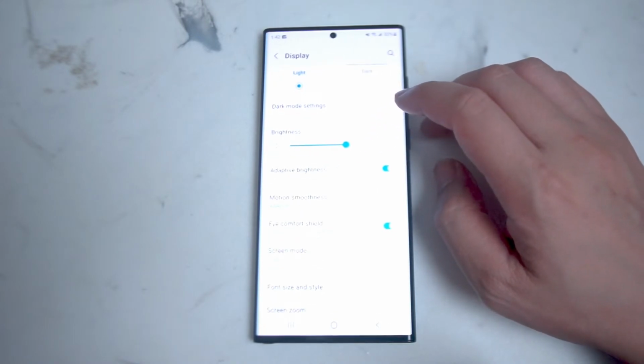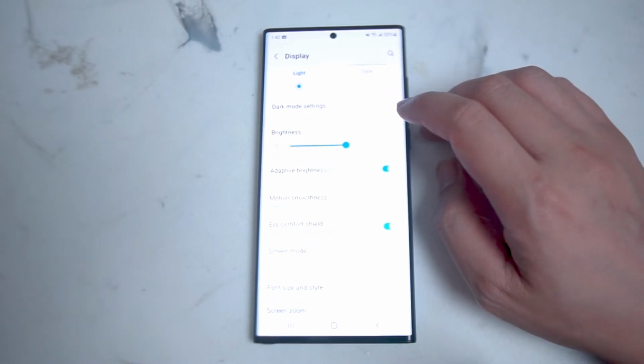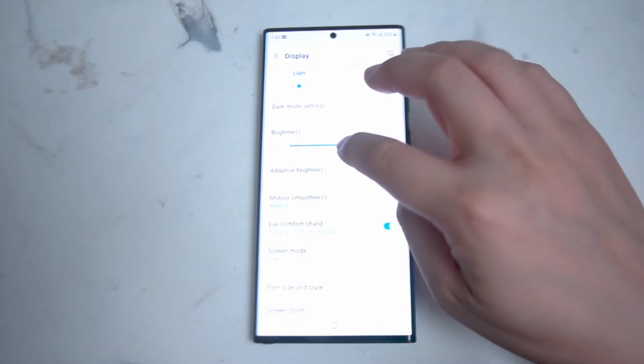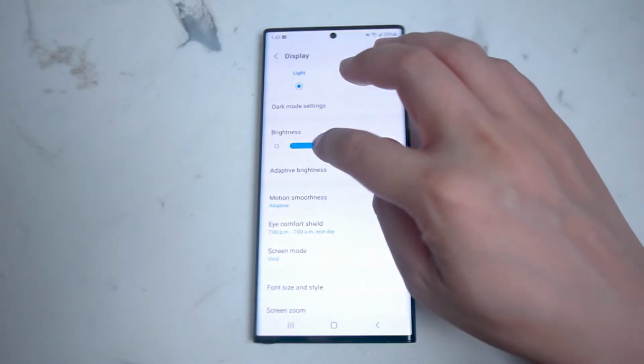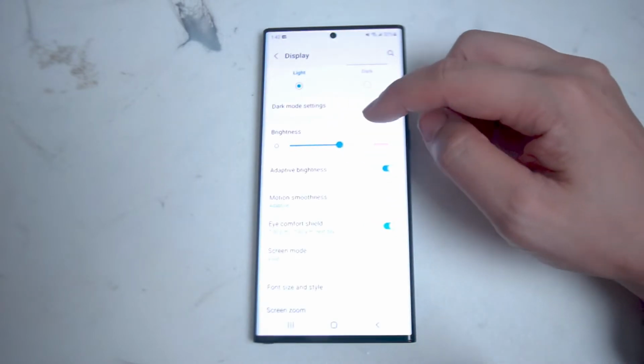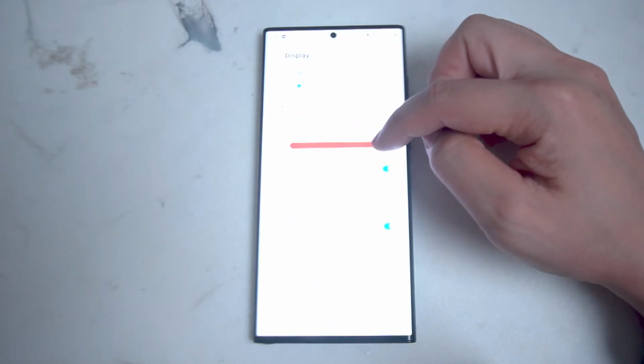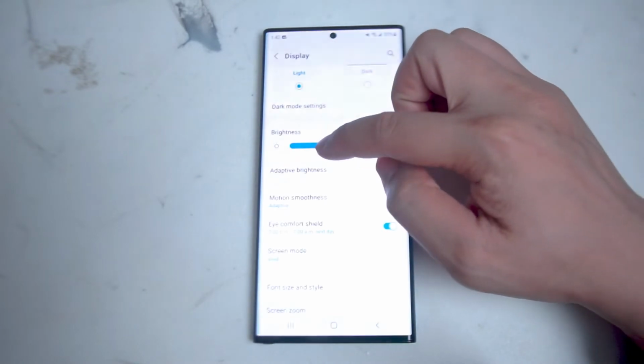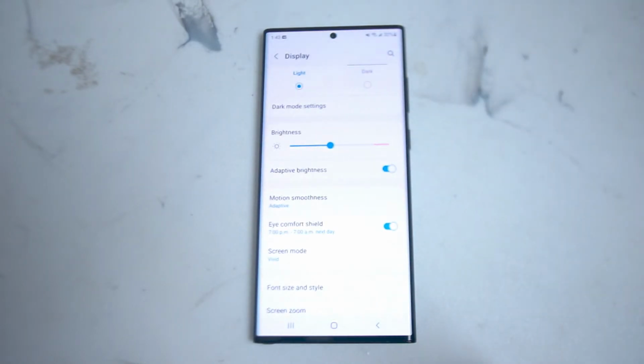Next is your default brightness slider, which is also available at a few areas of the phone. This is a horizontal slider, and you can use this to adjust the brightness of your screen. There's a little red area to show where the screen is extremely bright and might be draining your battery. I usually like to keep it around the middle, but this does change throughout the day and throughout my external